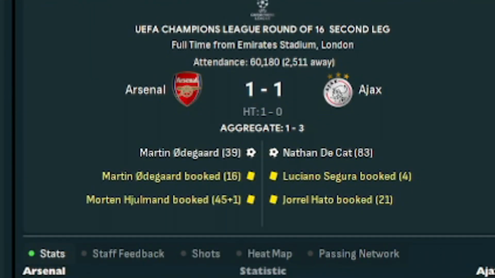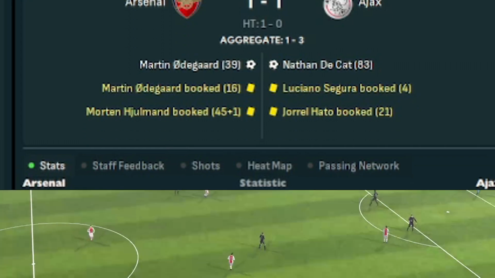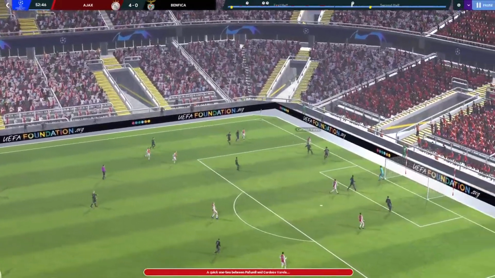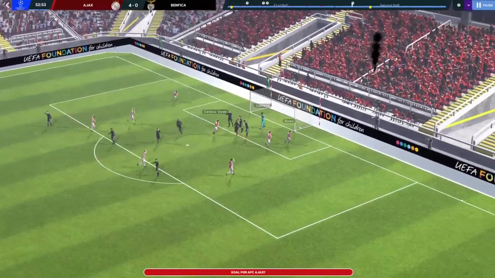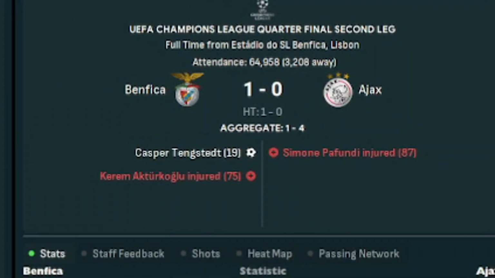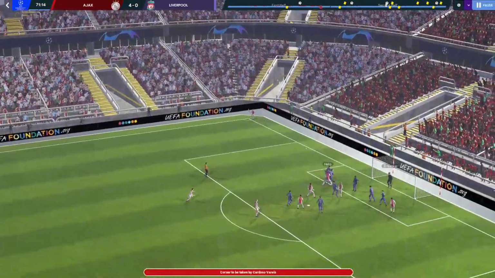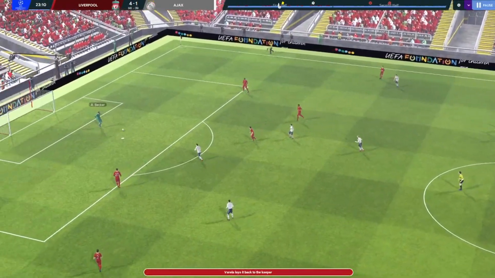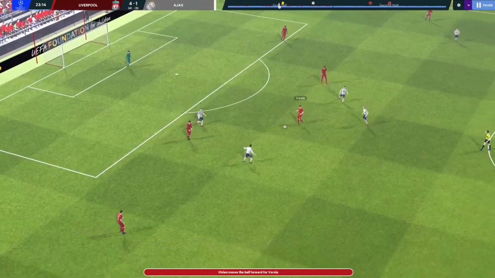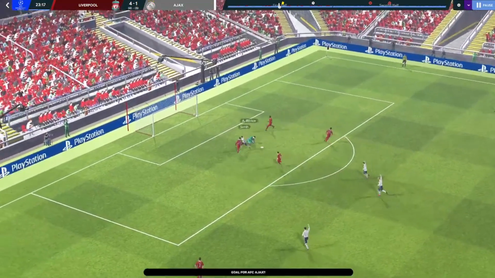But an 83rd minute equaliser by De Cat sees us level 1-1 with Arsenal at the Emirates, which sees us progress to the quarter-finals. Get in. Where a man of the match performance from Bargy, who nets a hat-trick in this game, sees us win the first game 4-0. But despite losing the second leg, we progress 4-1 on aggregate. But a fantastic effort against Liverpool at home in the first leg sees us win 4-0. But this strike from Kliksoy in the 24th minute was all the difference in a 5-4 aggregate victory in the second leg,